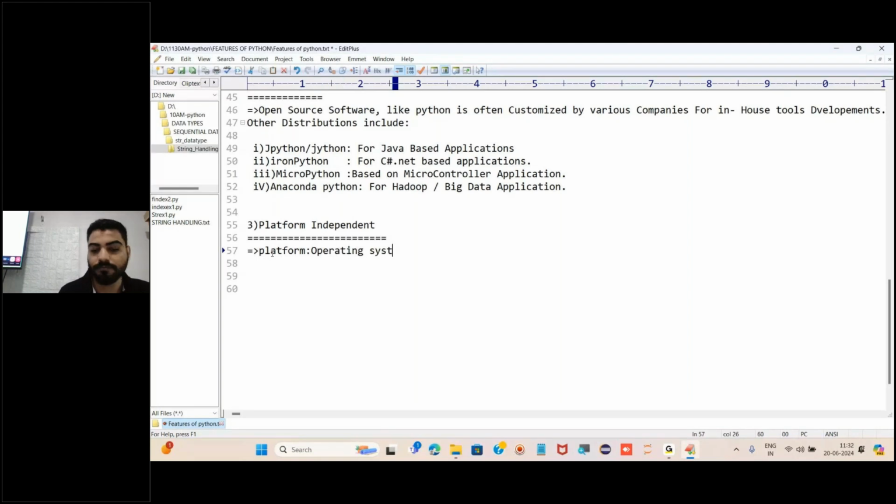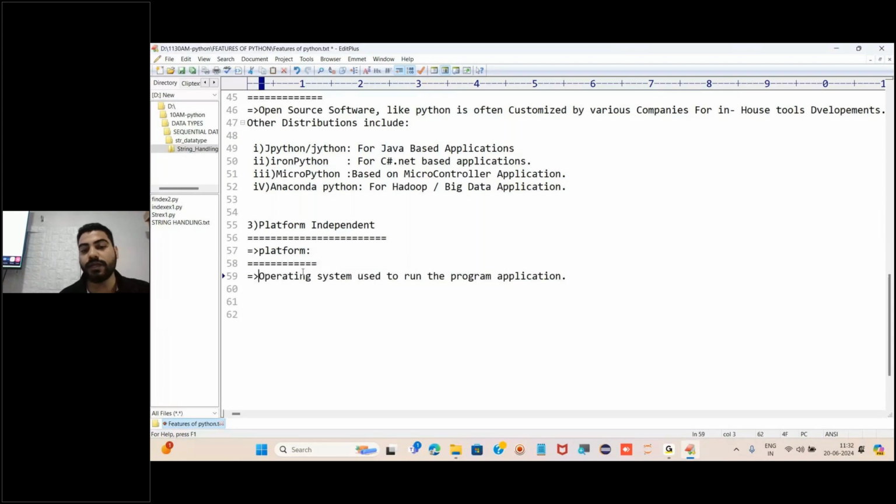Platform is an operating system, and it is used to run the program, to run the program application, I can say. It is an operating system used to run the program application, right? This is the meaning of platform.